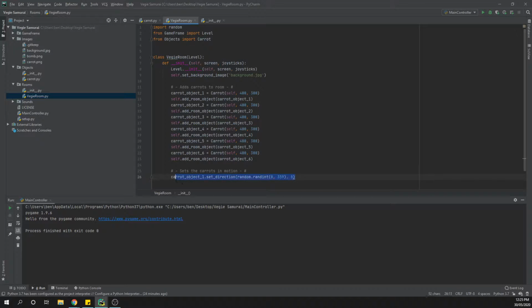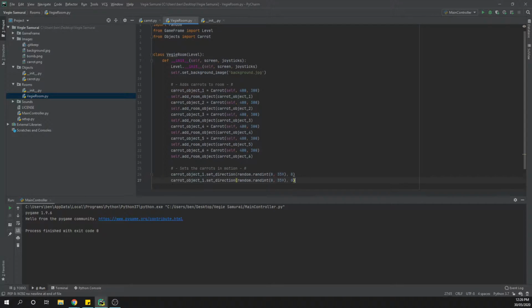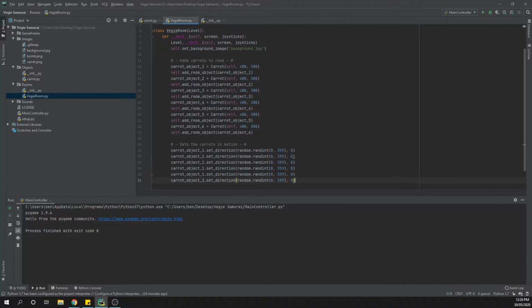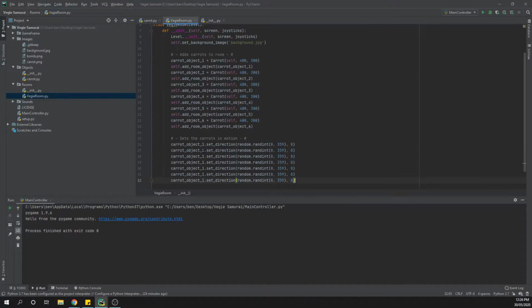Okay, and then for our direction, we do the same thing again. Okay, where we're going to copy 1, 2, 3, 4, 5, 6, and then just change the number here as well to carrot 2, 3, 4, 5. Oops, not 5 and 6. And looks like I've added one too many, so I'll have to get rid of that one as well. Okay, so from there, we now have 6 carrot objects that are on screen and 6 carrot objects that are